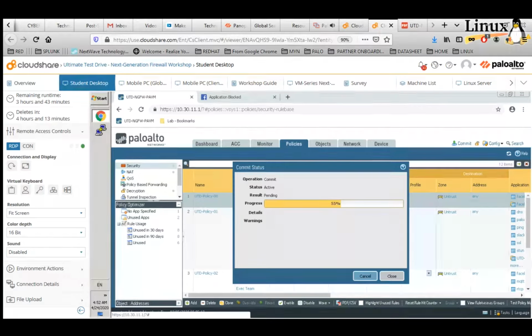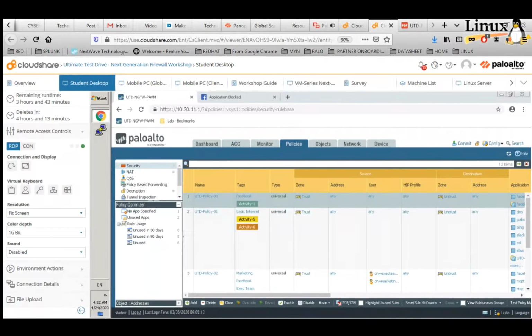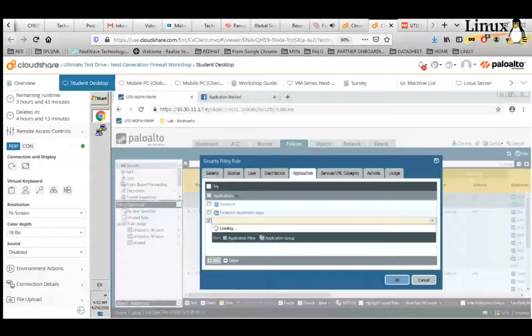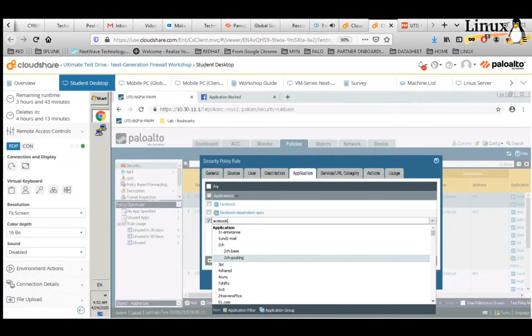Something small I want you to notice is that from the granularity side, we could have allowed not only just the application, but we could have added, for example, chat. If you say Facebook here, you can see that there is Facebook chat, Facebook base, Facebook apps, posting, file sharing, video, and the rest. So we can allow only chat, for example, or block it. We can say we don't want anybody posting, so you'll get Facebook, but you cannot post or update anything.